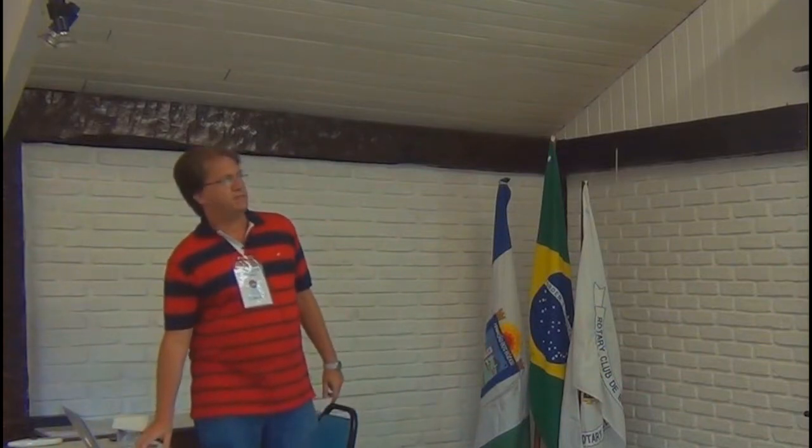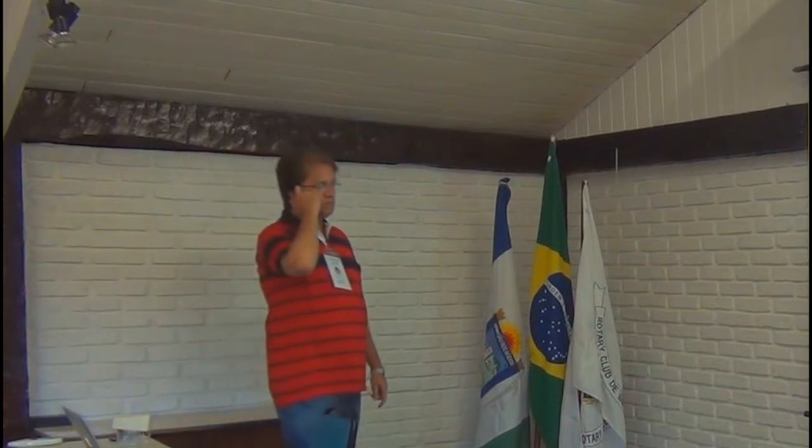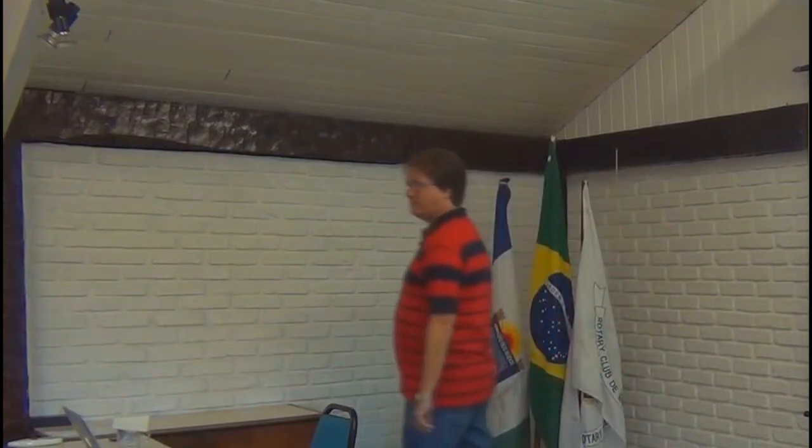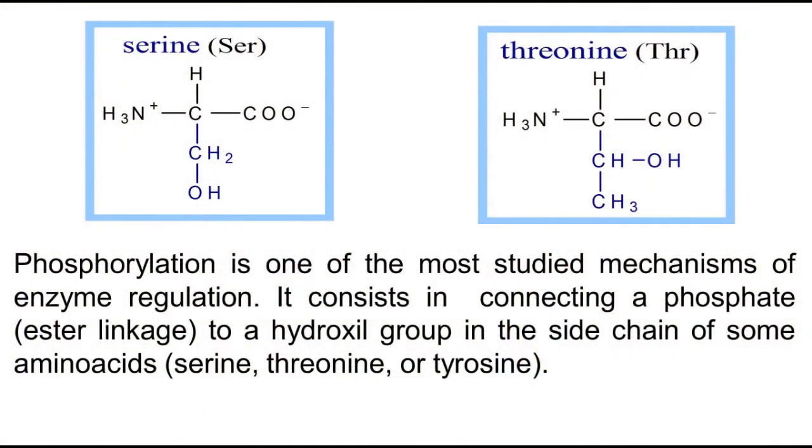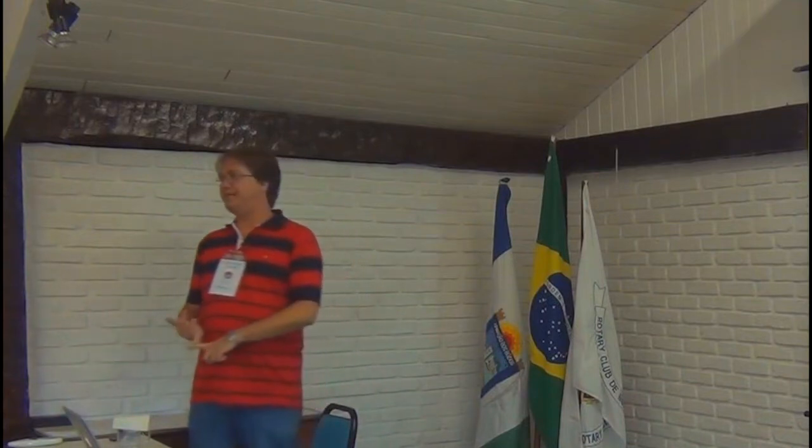The receptors, the first step, are the principal way to reach protein kinases. The protein kinase can phosphorylate different amino acids, and protein phosphorylation is one of the most studied mechanisms for regulation of different enzymes and procedures in cell signaling.